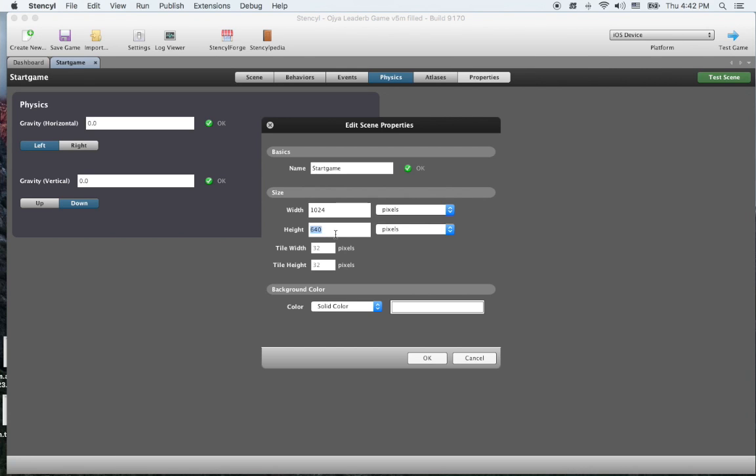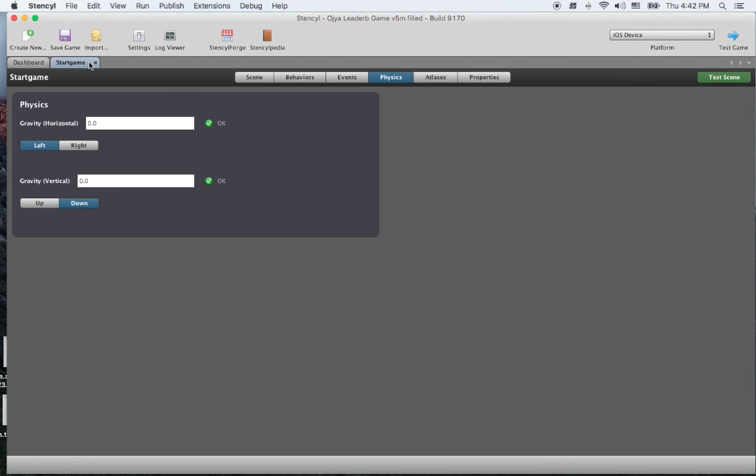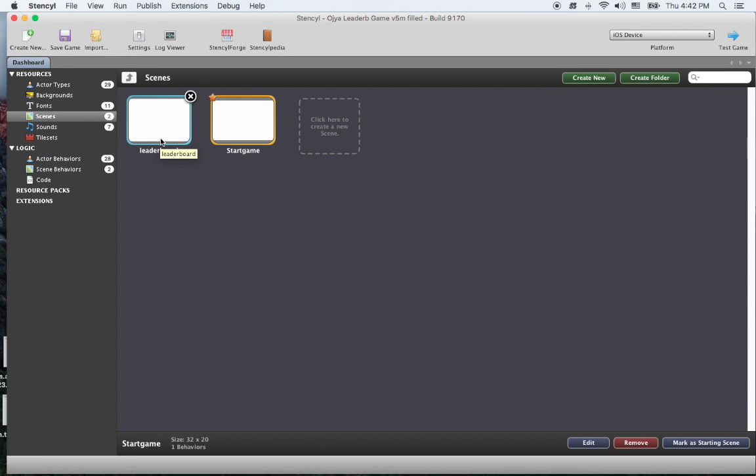but as we are using some PNGs for our leaderboard, which is fixed, just try to put these values just for testing. Of course, then you can change your scene, your width, your height, and of course you can change also the graphics of the leaderboard kit. But let's set for start game those values here, and then we close and we create